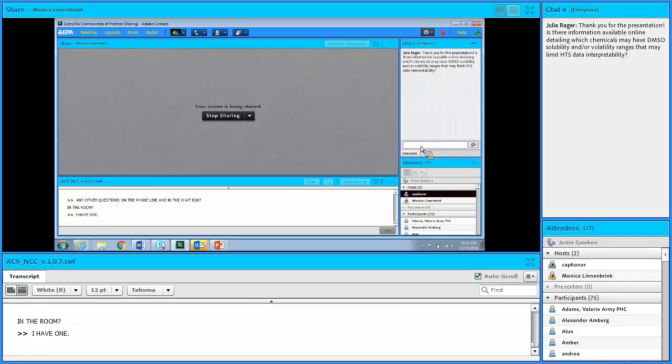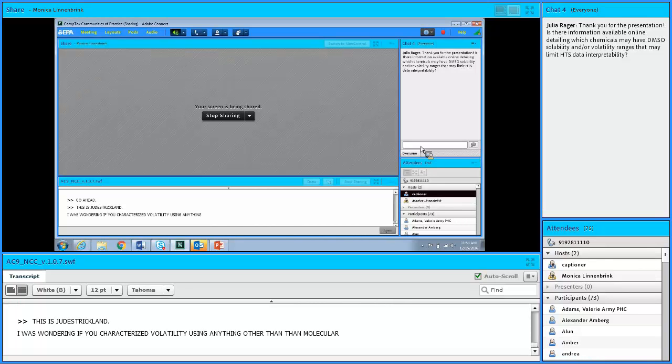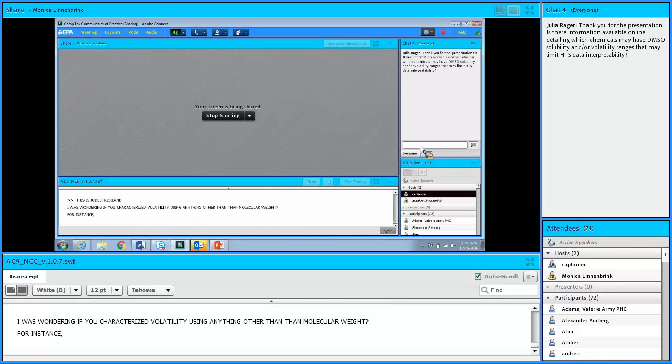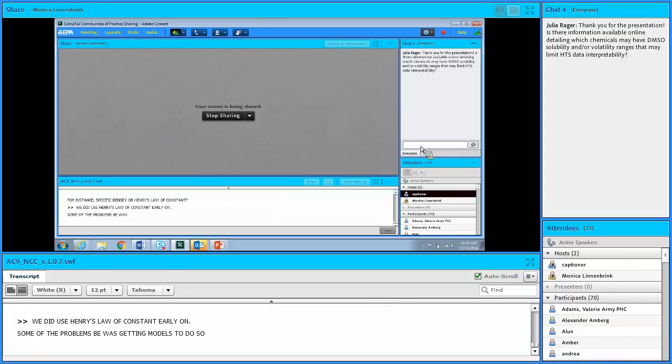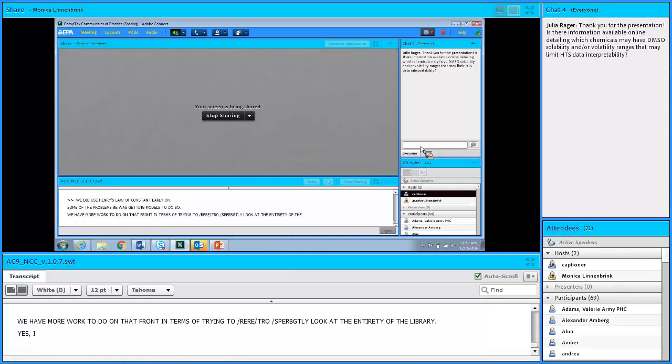This is Judy Strickland. And I was wondering if you characterize volatility using anything other than molecular weight, for instance, specific density or Henry's law constant? We did use Henry's law constant early on. Some of the problem was getting models to do so. We have more work to do on that front in terms of trying to retrospectively look at the entirety of the library. Yes, I realize molecular weight was a very simplistic way to characterize at this point,